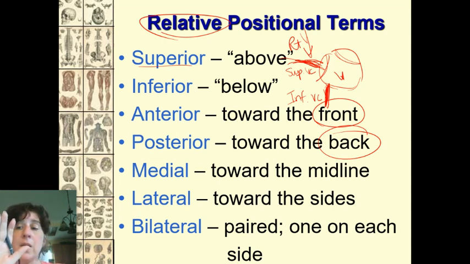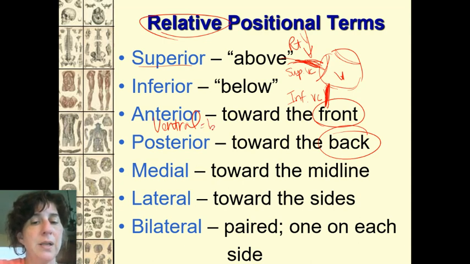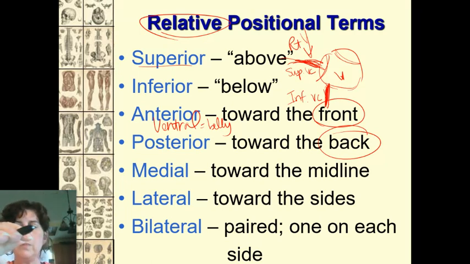So let's look at that. So the things that are going to be the same then, anterior in humans, anterior and ventral are pretty much the same because remember, ventral means belly side. Okay. Anterior means the front moving forward. Posterior for a dog, right? Posterior is the tail end because that's the end that's dragging behind as they're going forward. That's behind the front end. But for us, posterior, our back is dragging behind, is behind us.